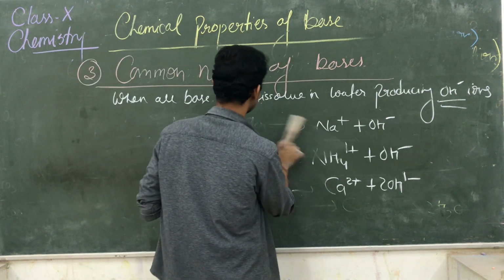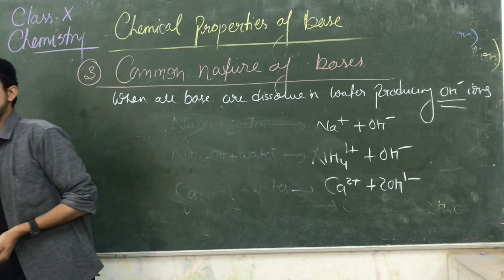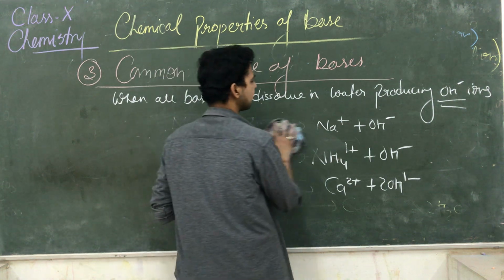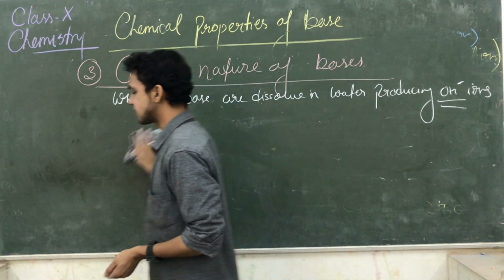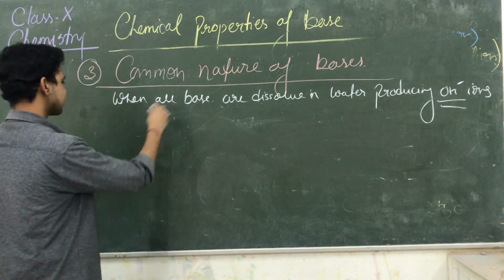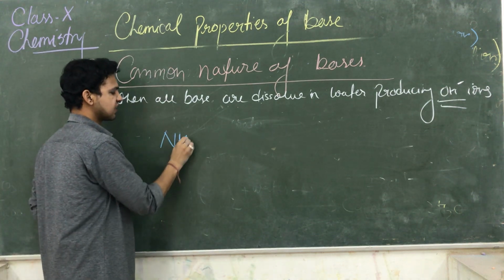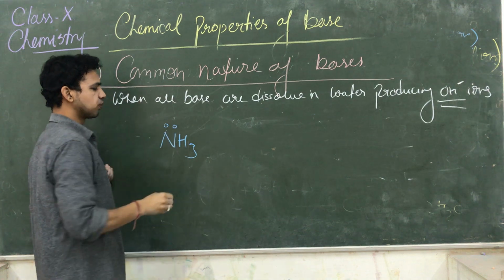Okay. So except this, I'm giving you one more example in which the OH ion is formed, but before the reaction they don't have any OH group. रिएक्शन से पहले उनमें OH ग्रुप नहीं है, बट रिएक्शंस के बाद उसमें OH ग्रुप डेवलप हो जाता है. So such type of example is also here. One of the best examples is ammonia. That is ammonia. You know it contains a lone pair of electrons.